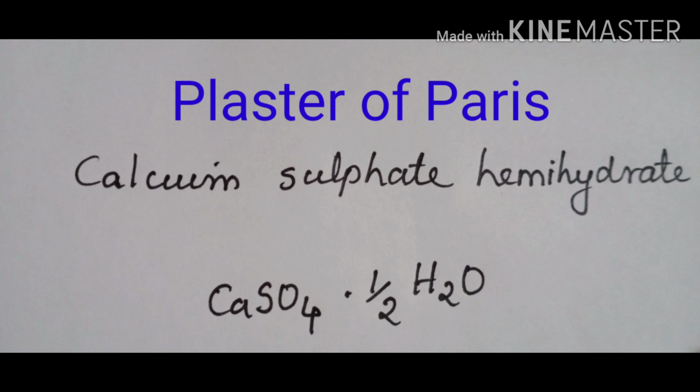Why is it called plaster of Paris? It is because of its preparation from the abundant gypsum, that is CaSO4.2H2O, found near Paris. Okay. In plaster of Paris, only half a water molecule is shown to be attached as water of crystallization. Is it possible to get half a water molecule? No, it is not possible. But in the formula of plaster of Paris, it is written in this form because two formula units of calcium sulfate, that is CaSO4, share one molecule of water.